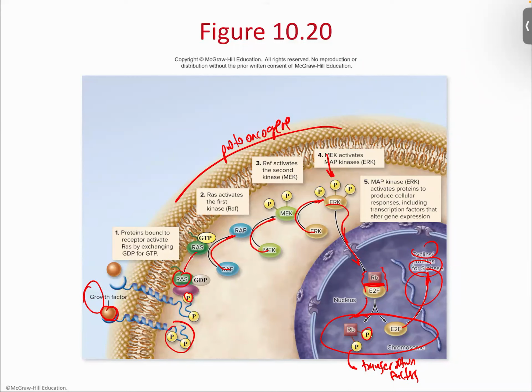But a lot of times students will take a look at this and be like, well, wait a minute, if it's just such a simple instruction, then why do you have so many layers? There's a very good reason. The reason why you have so many layers is because before you turn retinoblastoma loose and E2F loose, because remember, these guys are turning on cell division genes,